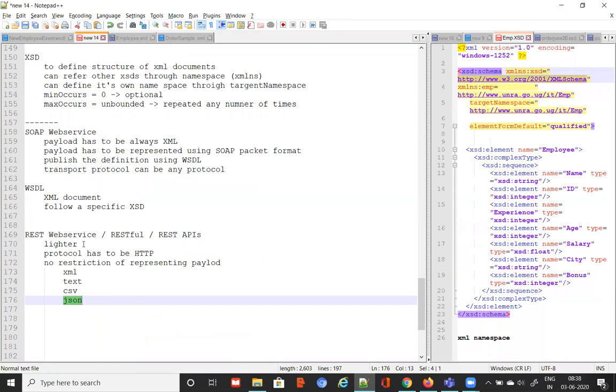So that's the difference between SOAP and REST. As we said, there are not too many standards here, except there is one standard: the protocol has to be HTTP. That is also to minimize the complexity. The moment you make it more flexible, the technology becomes more complex, right? So they made it very balanced. For data representation there is no restriction, but the protocol has to be HTTP, so that you're making the whole technology easy to understand, easy to implement, and lightweight.